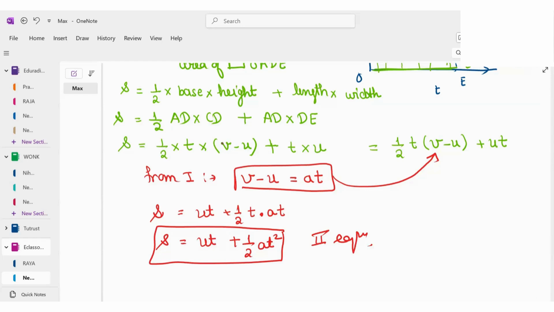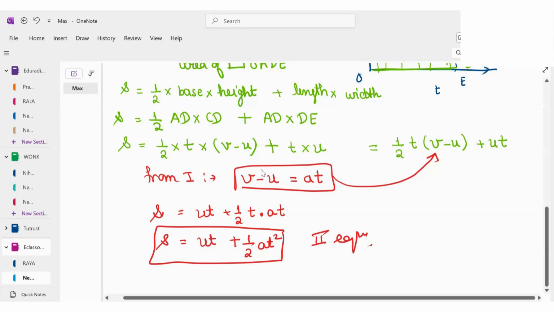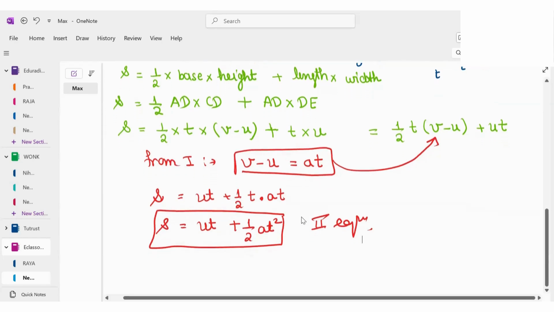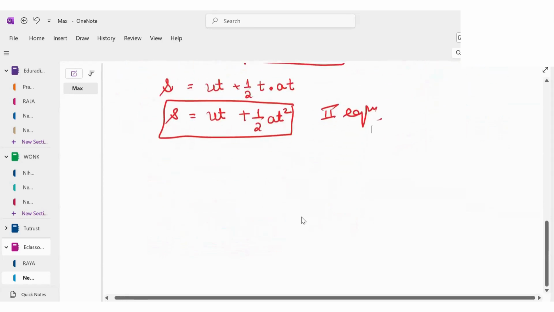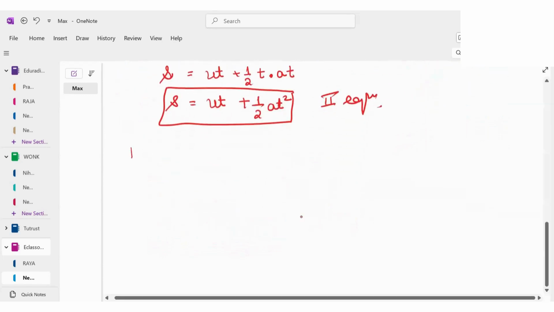Does this make sense to you? Great. The second one should be minus 1 over 2 AT squared. Where is it? Where is it? Tell me. What do you mean where? There is one more